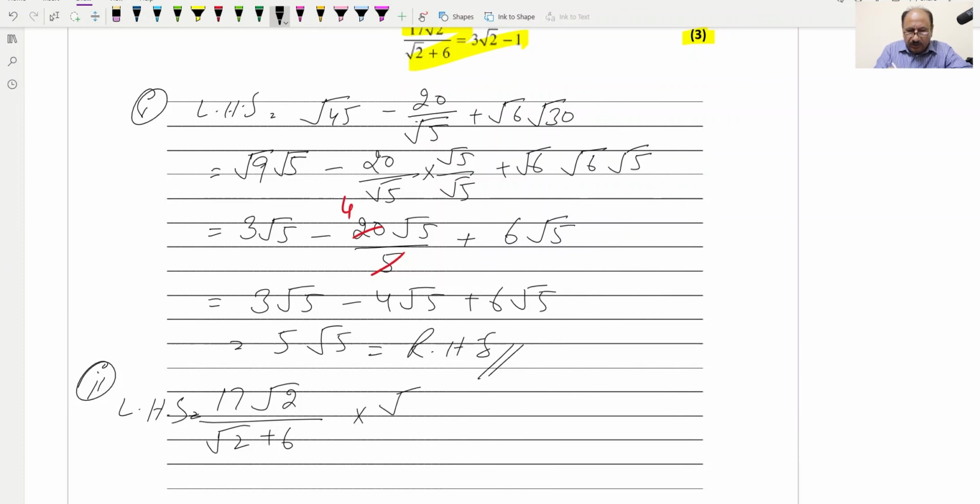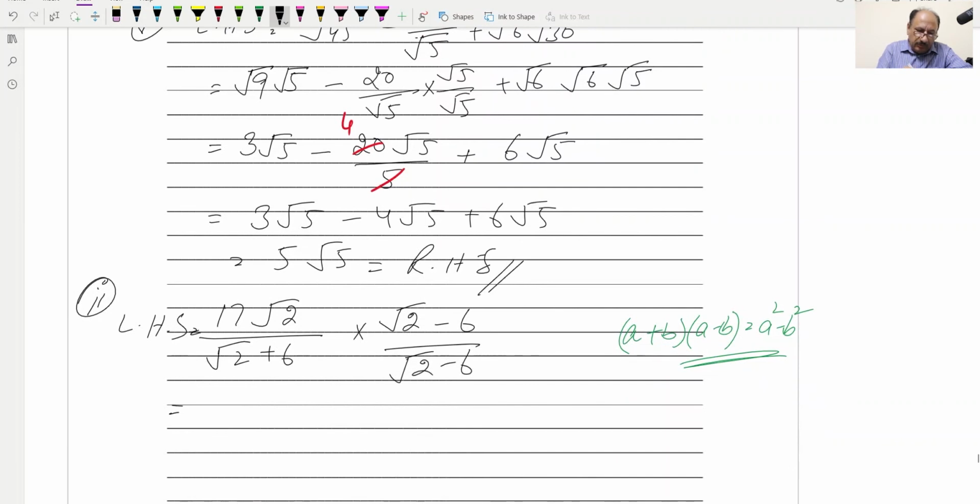We can rationalize under root 2 minus 6 over under root 2 minus 6, and we can apply the formula on denominator, so it will be a plus b into a minus b is equal to a square minus b square. This is the formula which we will be applying, and numerator we can multiply, so it will be 17 under root 2 into under root 2 minus 6, and divided by this will be under root 2 squared minus 6 squared, and this will be equal to